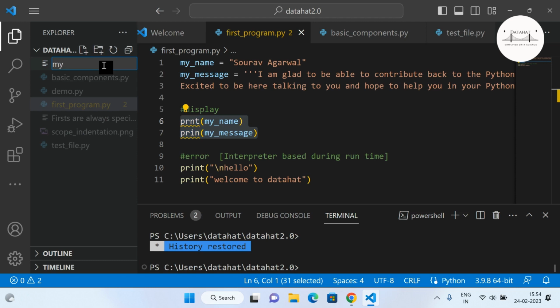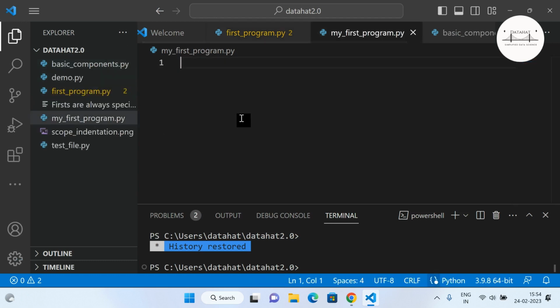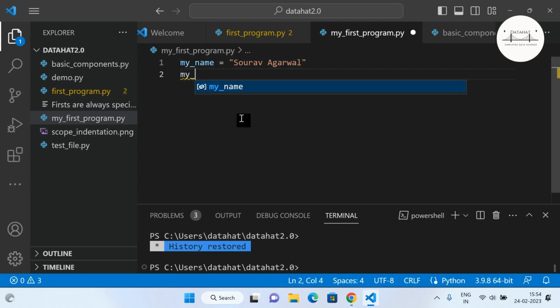my first program dot py. Py is the extension for Python. So your name, okay, let us do my name. My name is Saurav Agarwal. My message,